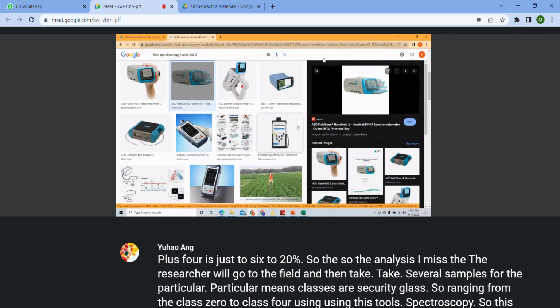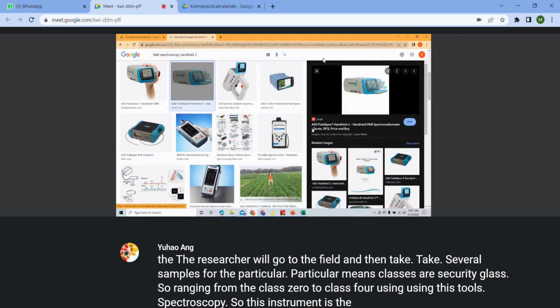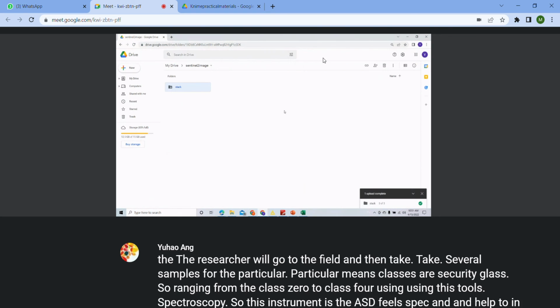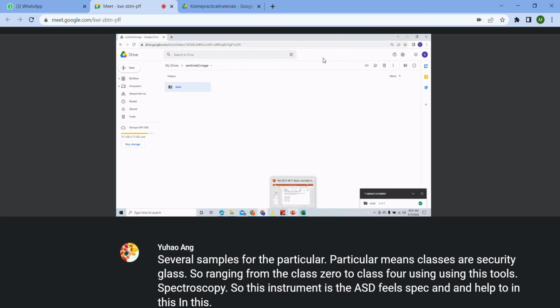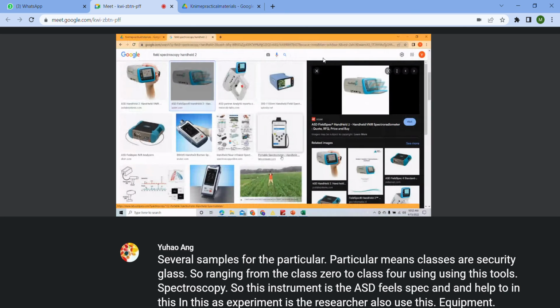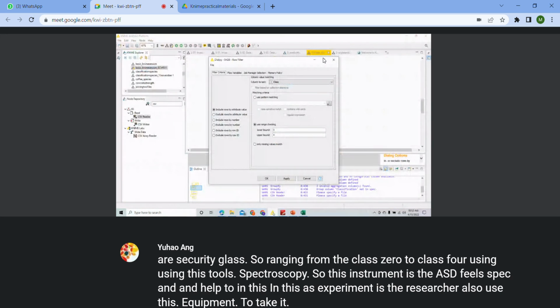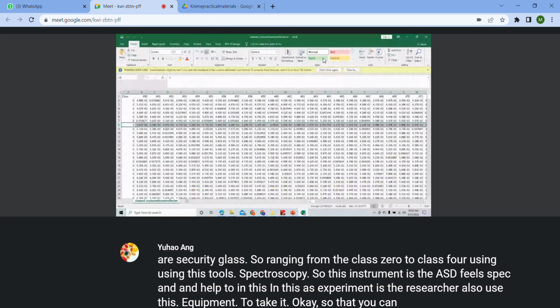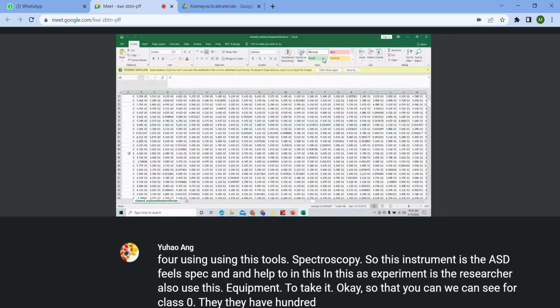This instrument is the ASD FieldSpec handheld. In this experiment, the researcher also uses this equipment, so that we can see for class 0 they have 100 samples,